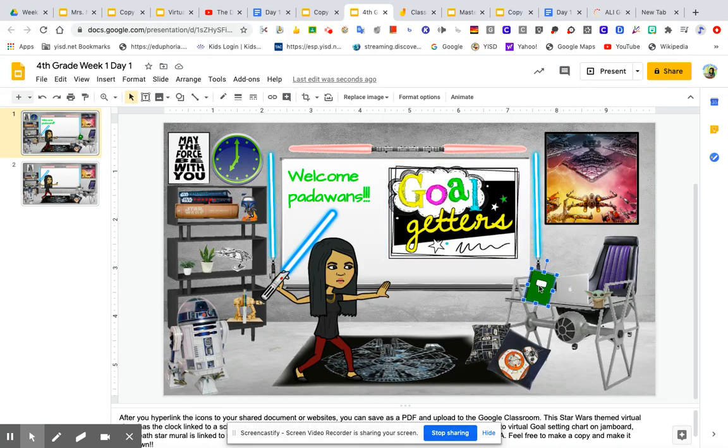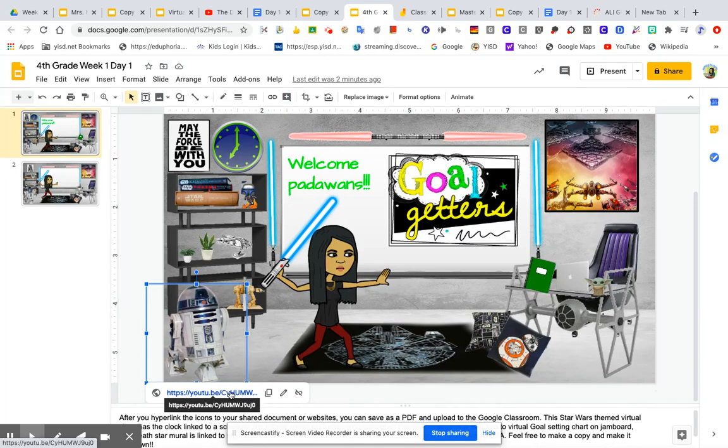For writing, I thought I would put my writing assignment here, and then I would have Yoda. I'm gonna do a Screencastify. Actually, I already have one of the pre-writing process, and so I would hyperlink it to there. I have a YouTube video where I would hyperlink it to Yoda, and so R2D2, I have them as my math lesson, and so I'm gonna just click on him just so you see I created a Screencastify video on